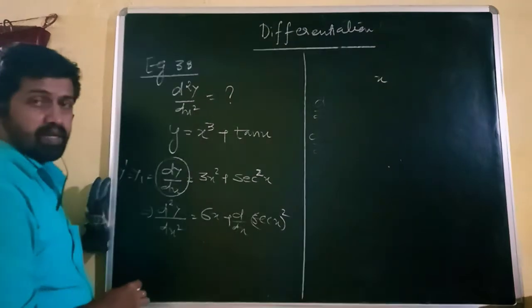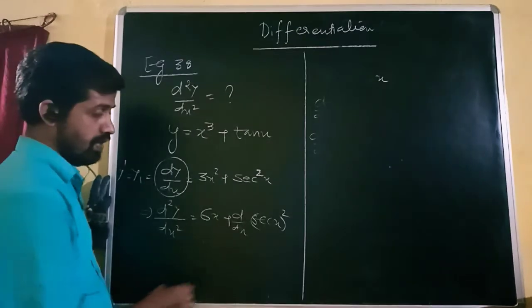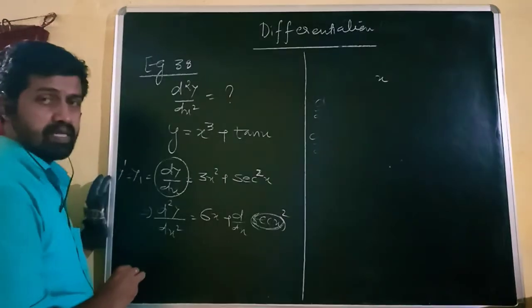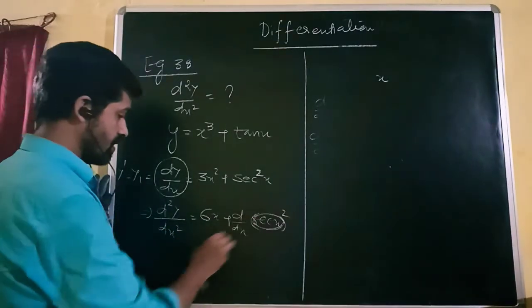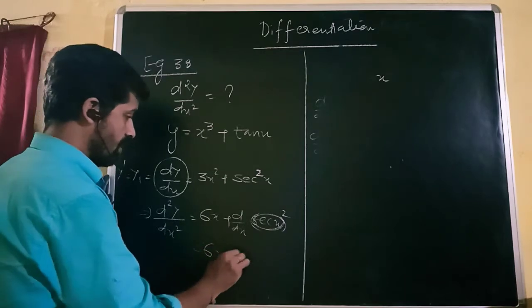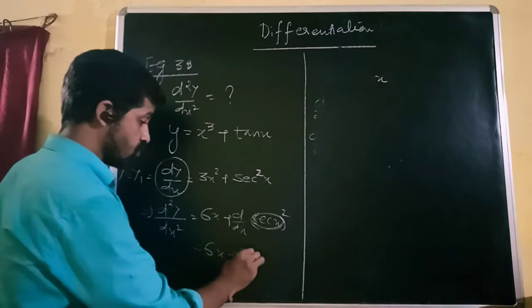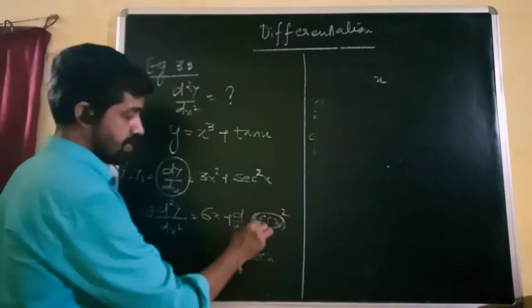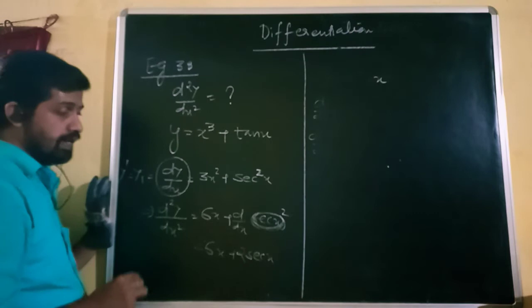This one is sec of sec x whole square, and assume or consider this as x. So x square differentiation is 2x, and this sec x we assumed as x, so it will be